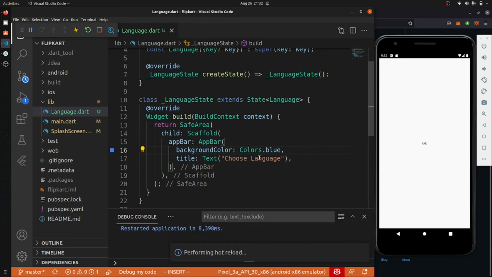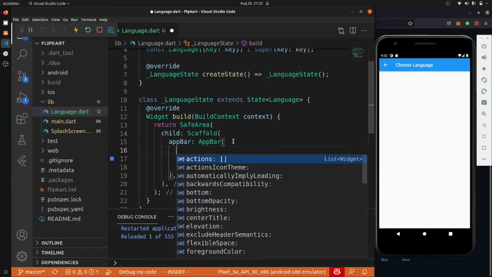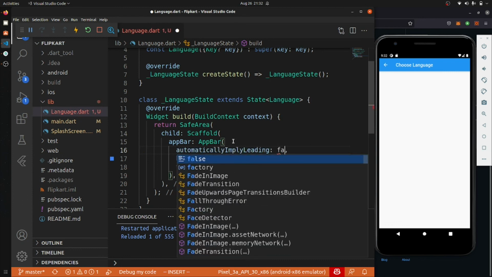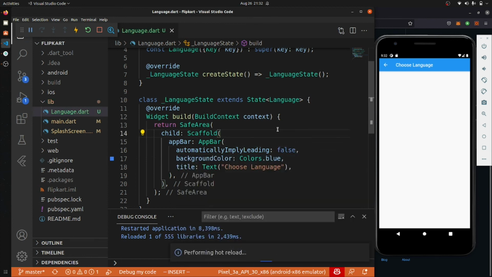This color will not be the exact same color. Okay, one minute. Yeah, this should be. The automaticallyImplyLeading property, if you set it as false, the back button will be disabled by default.